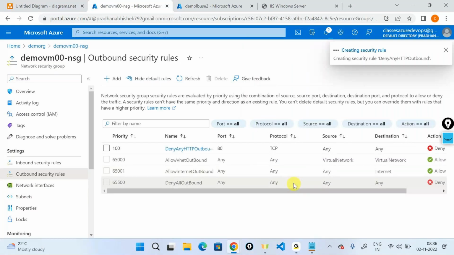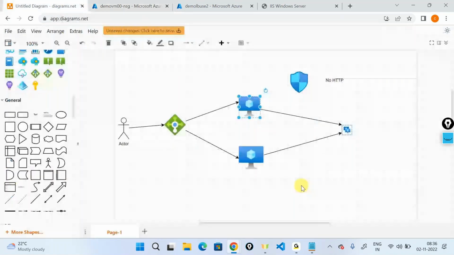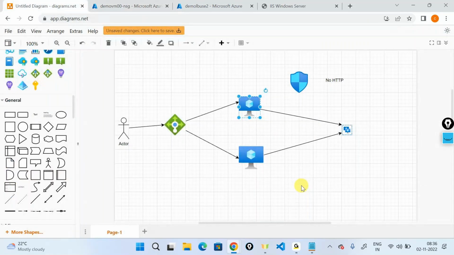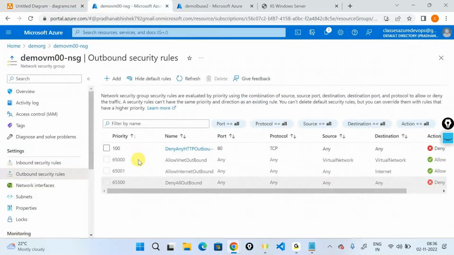This will explicitly put a rule here telling that whatever communication the virtual machine wants to have with the outside world using the internet is explicitly denied. So this is a rule that you can explicitly put onto your outbound section. And allow